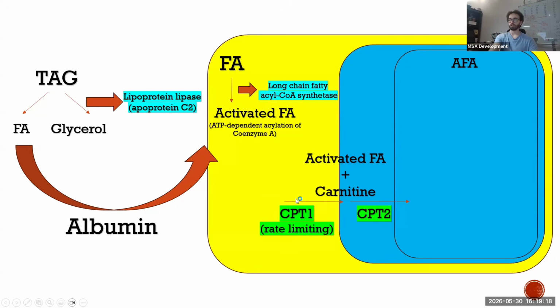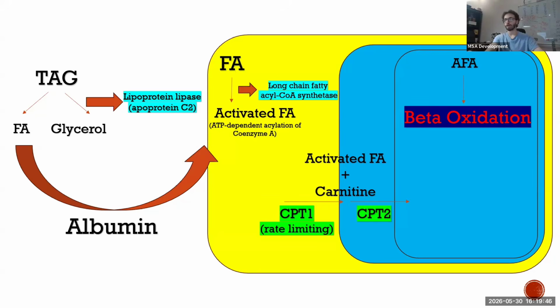Well, guys, there are deficiencies in CPT1. We're going to talk about what they lead to. Deficiencies in CPT2, and also deficiencies in carnitine. But for now, what I want you to remember is that CPT1 is the rate-limiting enzyme. What will it do? Give carnitine to the activated fatty acid so it can go inside the intermitochondrial membrane. Then CPT2 will take the carnitine back and let the activated fatty acid go inside the mitochondrial matrix. Then what will happen? Beta oxidation. The thing we've all been waiting for will happen.